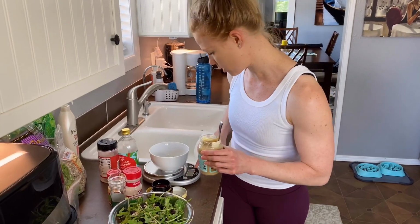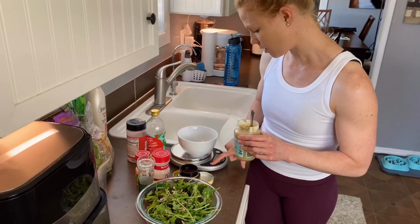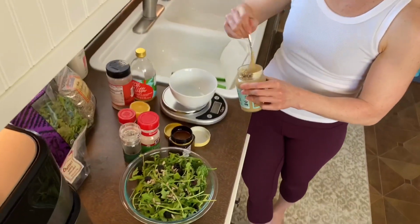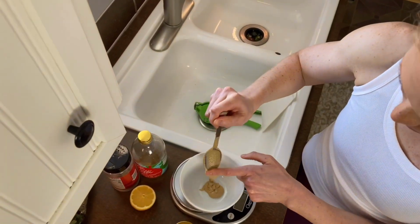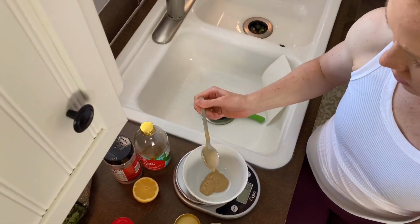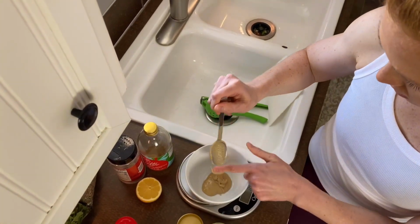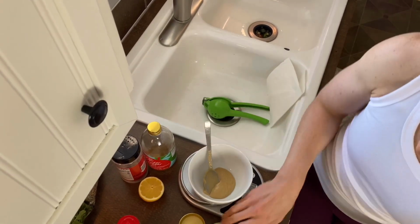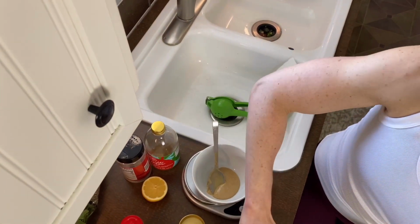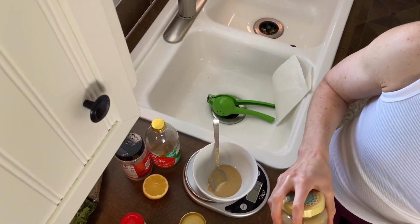So I'm gonna zero out my scale. I'm gonna switch it to grams, and I want about 30 grams of tahini. So we'll spoon this out here. And do a little more. Okay, that's about right. And tahini is kind of bitter, so I don't like it on its own, but I